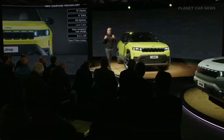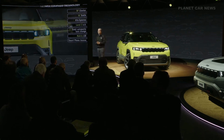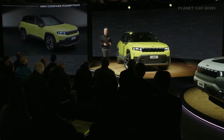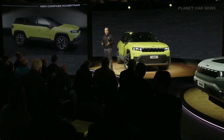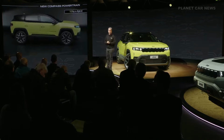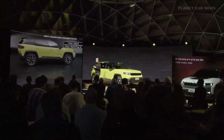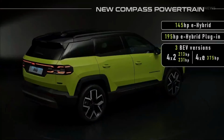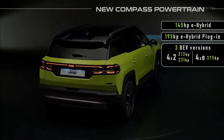I would now like to turn to the new Compass powertrain lineup, which relates directly to the core of our strategic plan to embrace the future while always keeping the needs of our customer at the center of our focus. With a full range of powertrains widely covering the segment, the new Compass will further enhance the freedom of choice we offer to our customer, with a 145 horsepower e-hybrid, a 195 horsepower e-hybrid plug-in, both of them front-wheel drive, and 3 BEV versions. 2 of them front-wheel drive, delivering 213 and 231 horsepower respectively, and an all-wheel drive version delivering a stunning